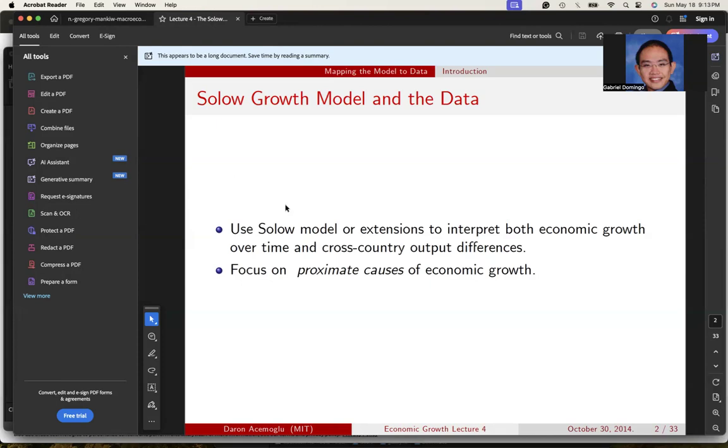So the Solow model is again focused on these proximate sources of growth, which means changes in capital and changes in labor, right? And changes in TFP, which is the total factor productivity. What do these three things affect on GDP, and how much of GDP can be attributed to these three proximate causes? Okay. So the reason why it's using proximate causes is because there are these other causes of TFP, which